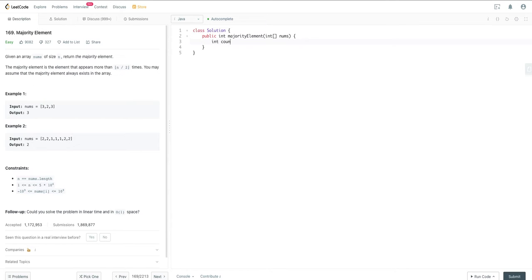So we will need a count, I'm not going to initialize it here. And we're going to need an I equal to 0, I inferior to nums length, I++, and here I'm going to put my count to 0. And then I'm going to have my single loop, J equal to 0, J inferior to nums dot length, J++. And if nums J is equal to nums I,